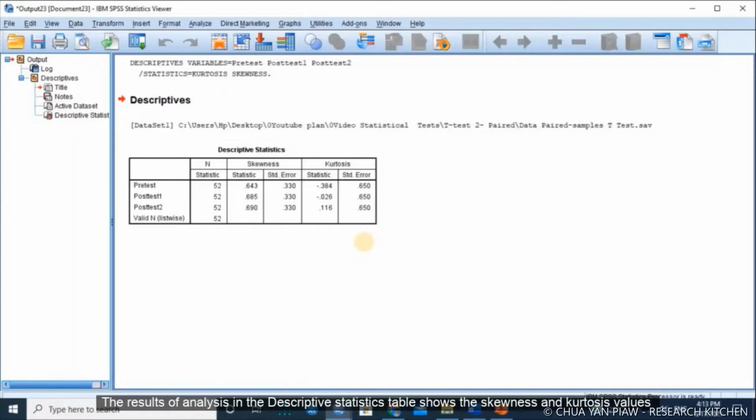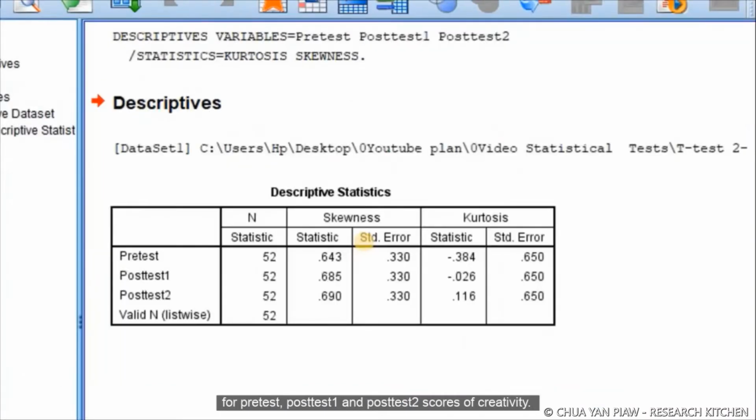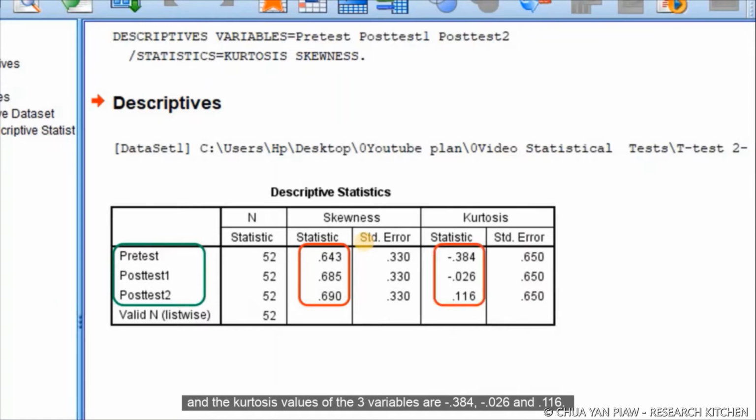The result of analysis in the descriptive statistic table show the skewness and kurtosis value for pretest, posttest 1, and posttest 2 score of creativity. The skewness value of the three variables are 0.643, 0.665, and 0.690. And the kurtosis value of the three variables are negative 0.384, negative 0.026, and